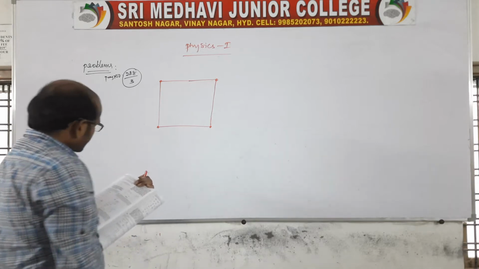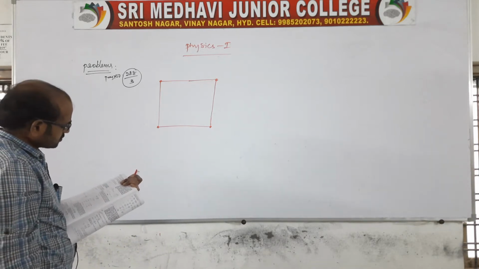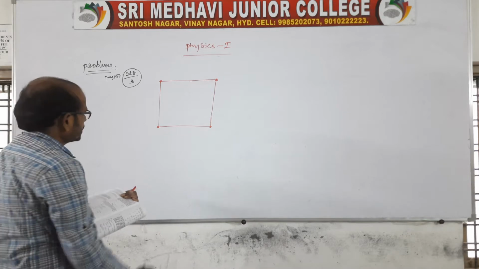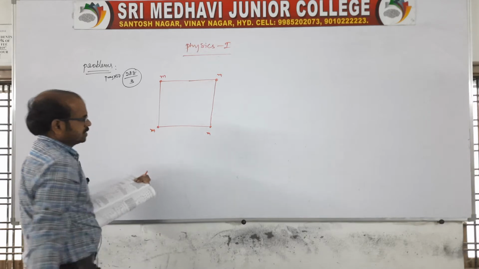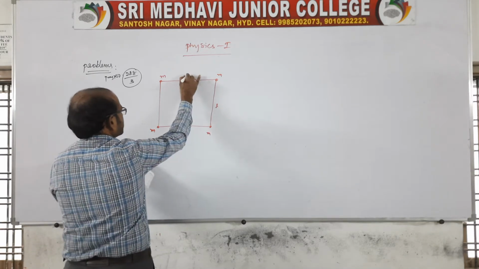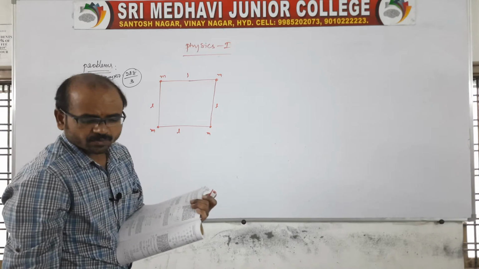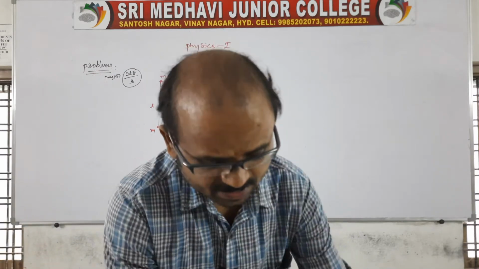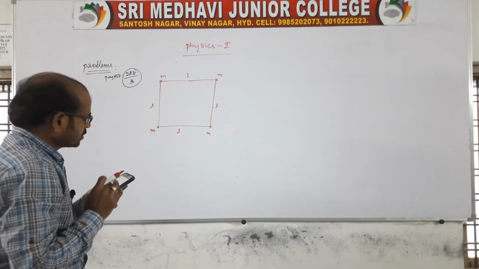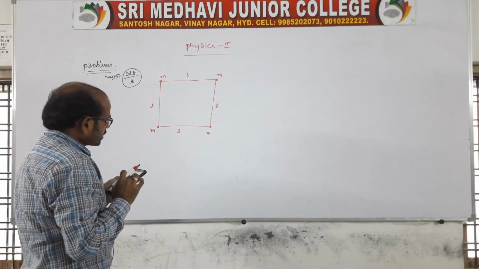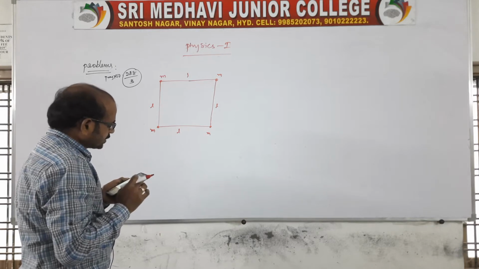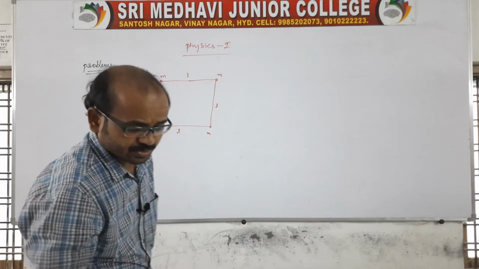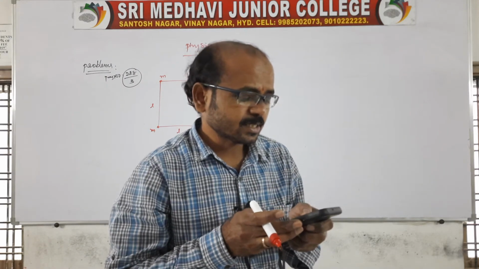The potential energy is asked for the system of 4 particles. Suppose each is a particle of mass M, and each side of the square is L. Clear? There are 4 particles placed at the corners of a square. If a number of particles are placed at the corners, here we need to get the potential energy.